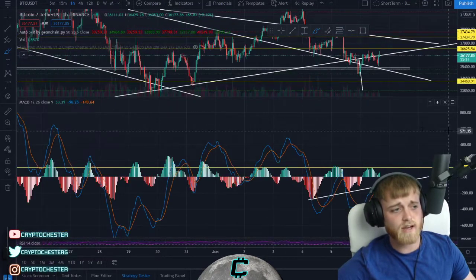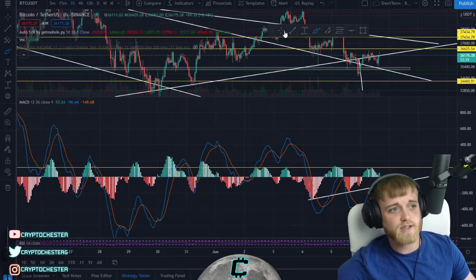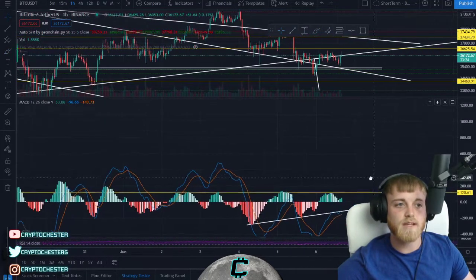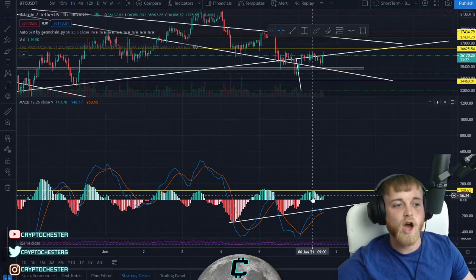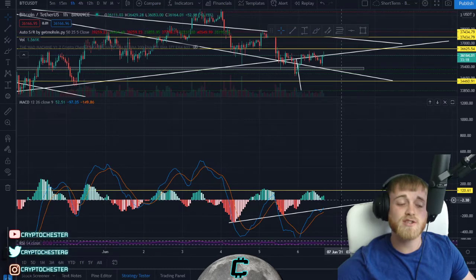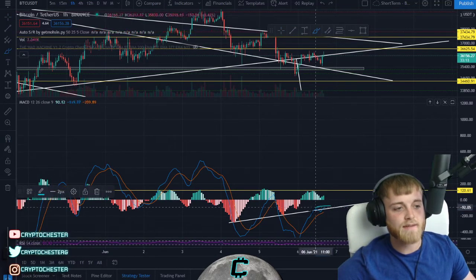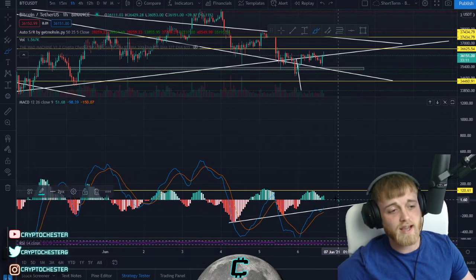In terms of the MACD right now, on the hourly time frame, you can see here, if we are to see some sort of downswing in terms of a downtrend coming through here, the resistance playing out from here, hopefully it's not going to be too big. It's not going to be too big because, as you can see, we do have this nice level of support coming through on the MACD. So yeah, this would be a point to watch from when we have this bearish crossover here. This would be a key point to watch.